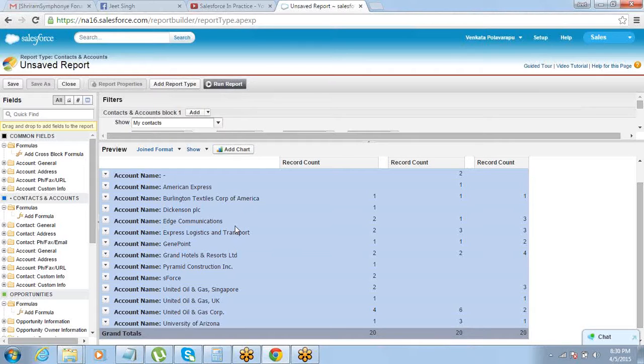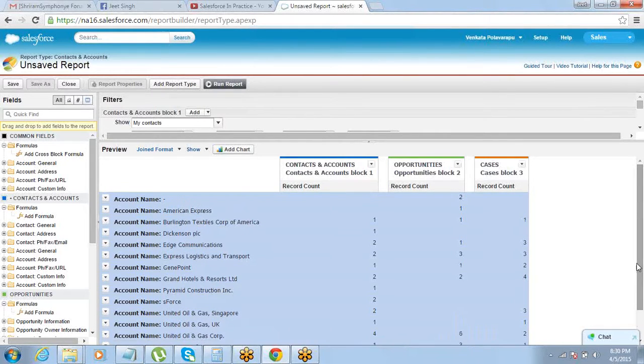So just keep this in mind, that one thing has to be common, and in this case account is a common thing. All right. So anytime you have a requirement to create a report which you think is not possible using one single report type, you are required to bring in objects from different report types. Joint format is the one that you should consider. All right.